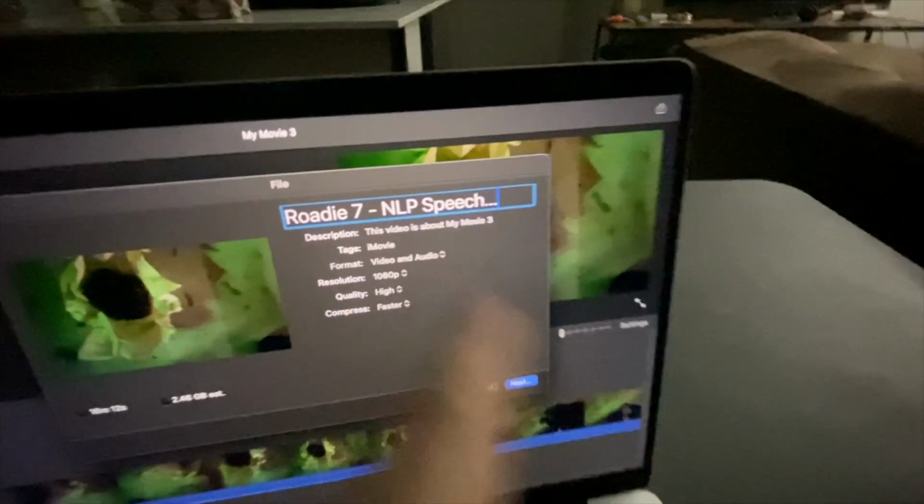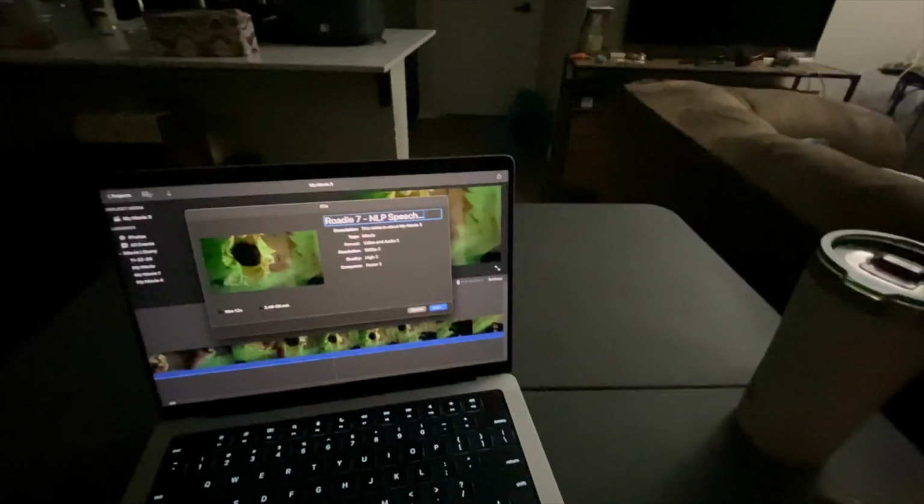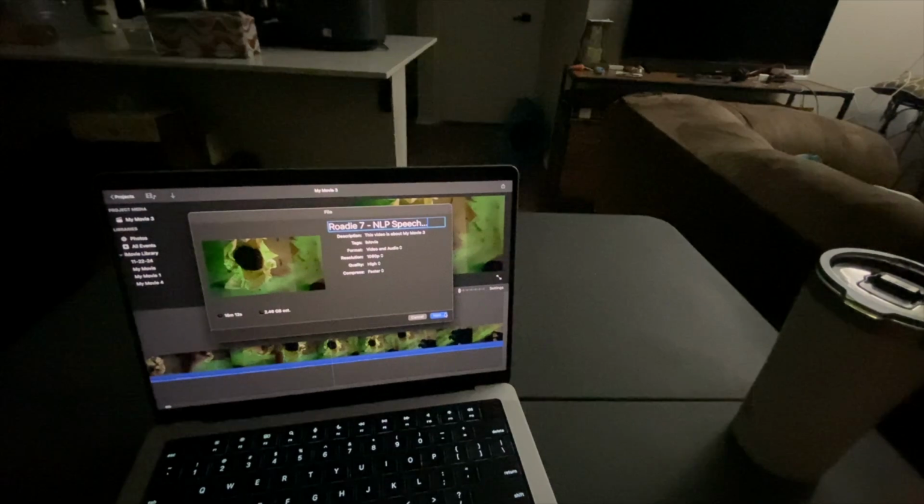I think what I want to call it is what I was calling it early. Roadie 7. Because I do Roadie and also hang out with the cat sometimes. Roadie 7, LAP. That would be the New Liberty Party. And it's a speech. It gets to a speech eventually. So that's what I want to know, because I'll know in YouTube that that's what I want it to do. Okay. When we hit next, after that,